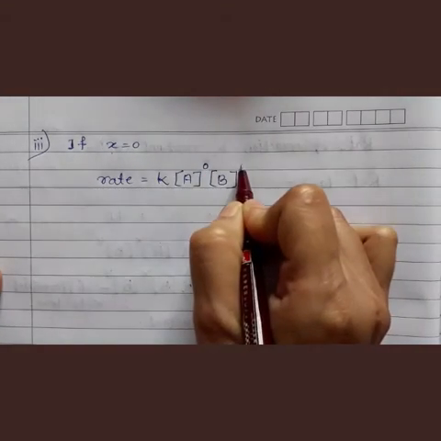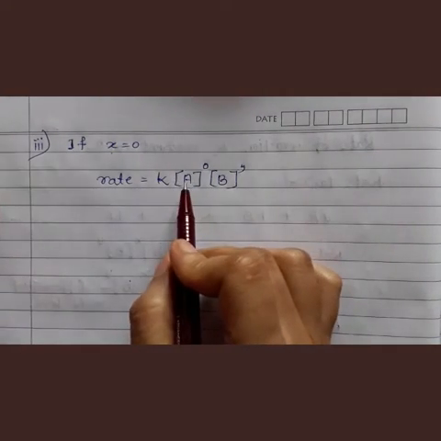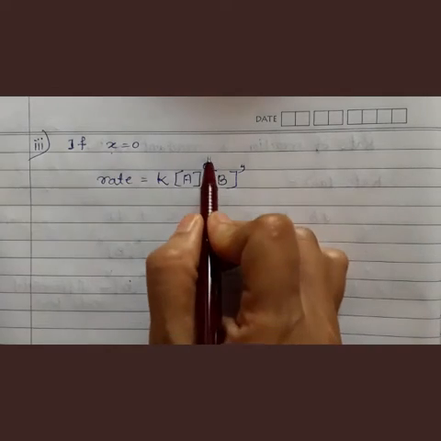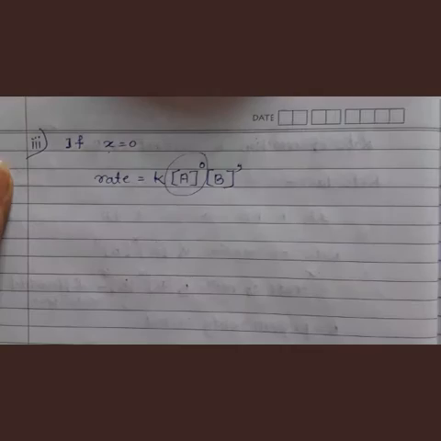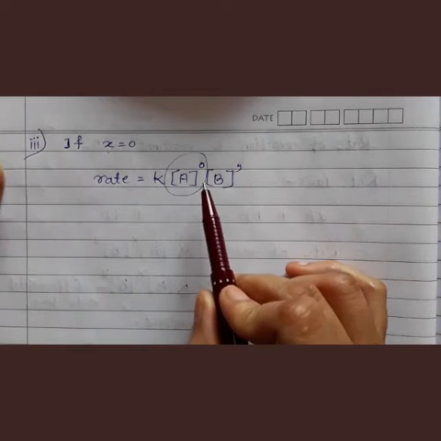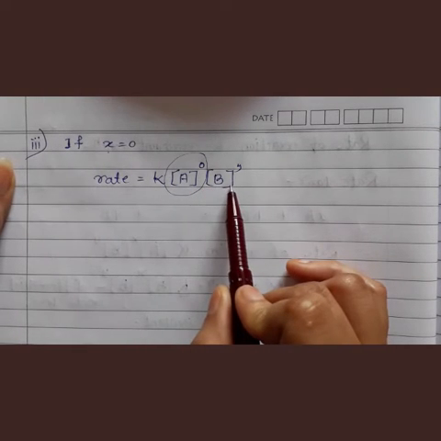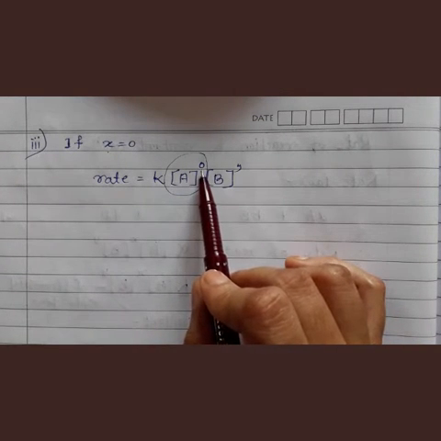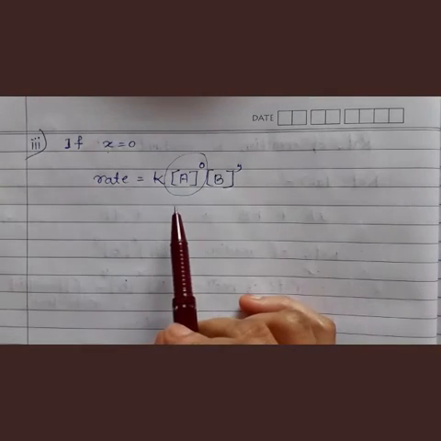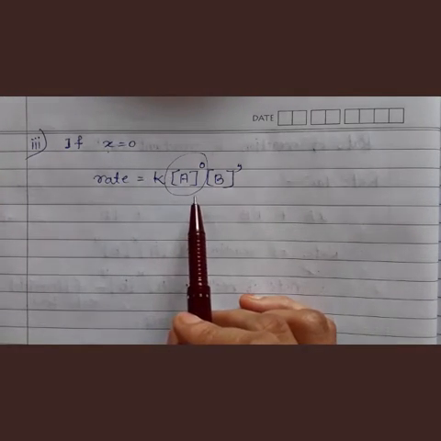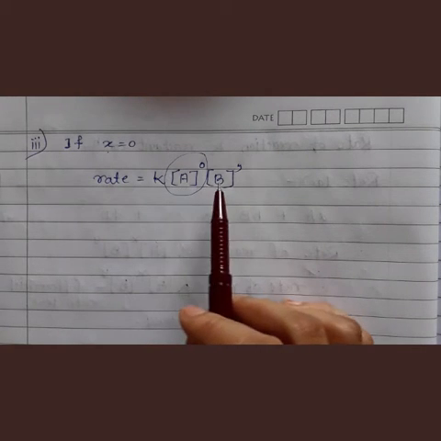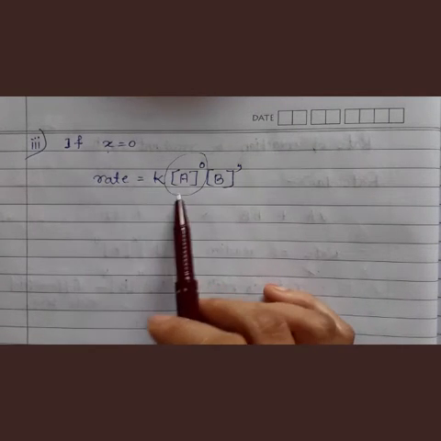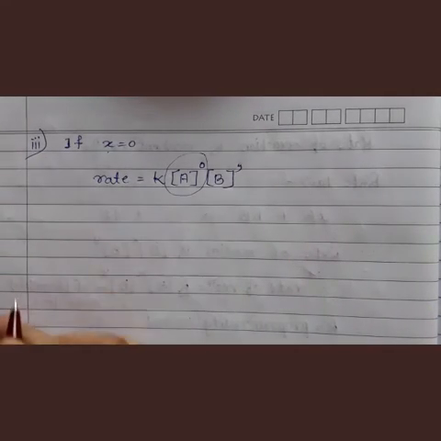Understand? So here x is equal to 0, so here 0 will come and here our y will be there. Okay. So x is equal to 0. That means concentration of A raised to the power 0. That means this whole term goes away. So in this case the rate of reaction depends upon the concentration of B only. It does not depend upon the concentration of A. Why? Because the value of x is equal to 0. Understand? So when x is equal to 0, the rate is independent of the concentration of A and it is dependent on the concentration of B. Okay, the rate of reaction depends only on the concentration of B, not on A. Okay, so this was case 3.